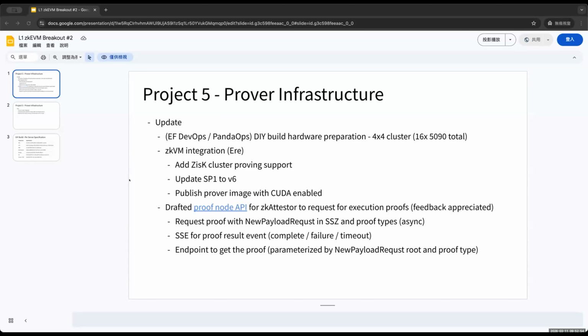And on the zk attester side, we have drafted the proof node API for the zk attester to request for execution proof. And basically, there are just three APIs. One is the request proof with the new payload request in SSZ and with the proof type that the attester would like, and asynchronously.